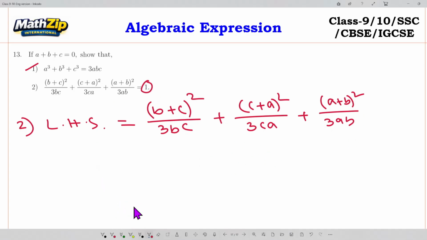How? Look, b plus c and here is 3bc. So if you make the LCM